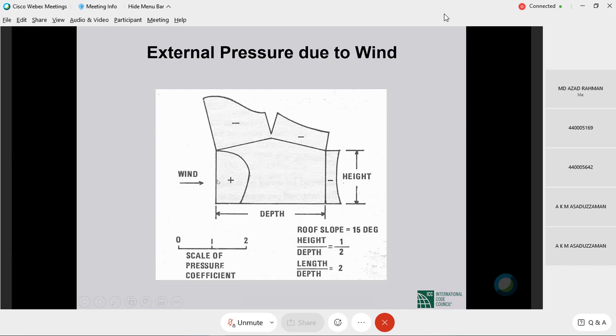There are hurricane straps and things to securely attach the roof to the structure. And once you have done that, the structure has to be attached to the foundation. This sounds very basic, but